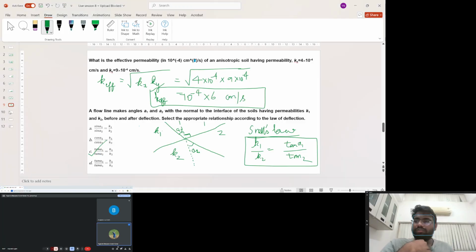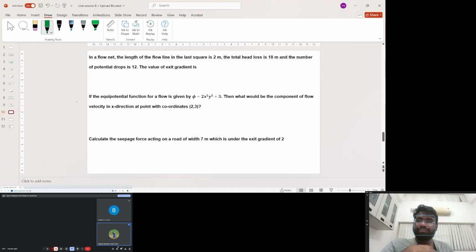Okay. Then we'll move to the next question. In a flow net, the length of flow line in the last square is 2 meters. The total head loss is 18 meters and the number of potential drops is 12. The value of exit gradient is? So what they have given is